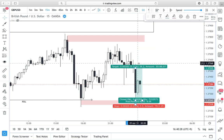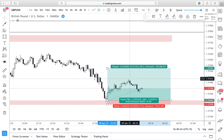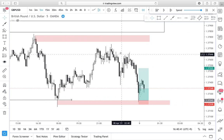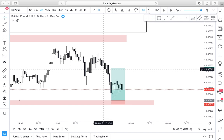I took more partials here. I'm not gonna be hopeful like I did with the last trade. I was hoping that price would take out this high, even though there was a 5-minute order block that could have gone against me, right? There was a 5-minute OB here, so I should have taken my 5R. I should have taken 5R off, but I didn't. So I took some more partials at 7R because of the order block there,